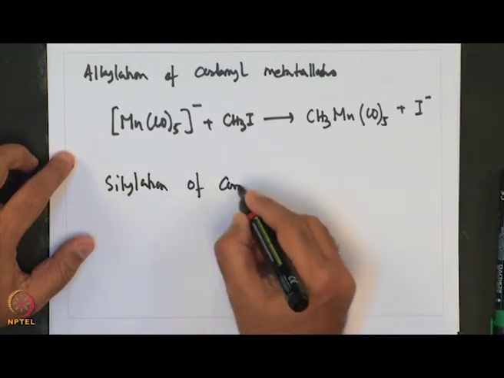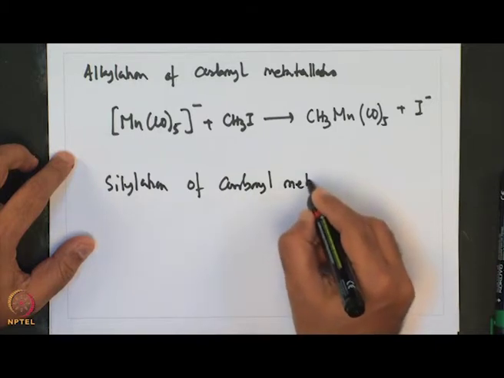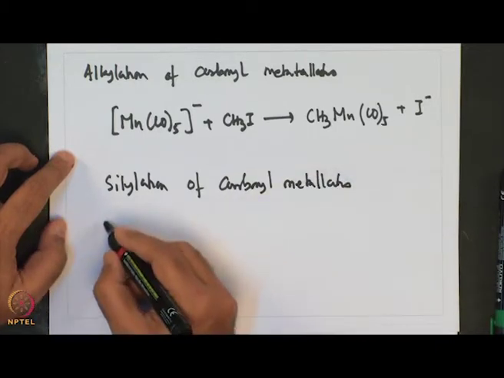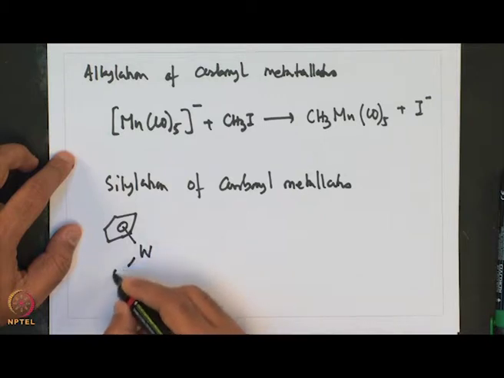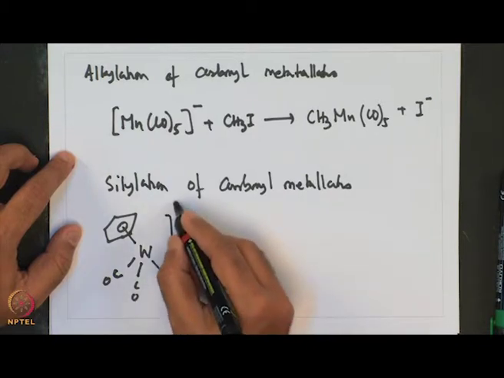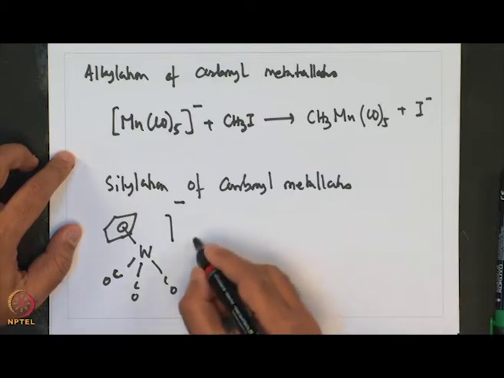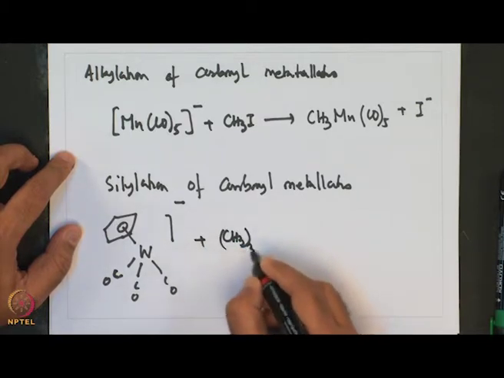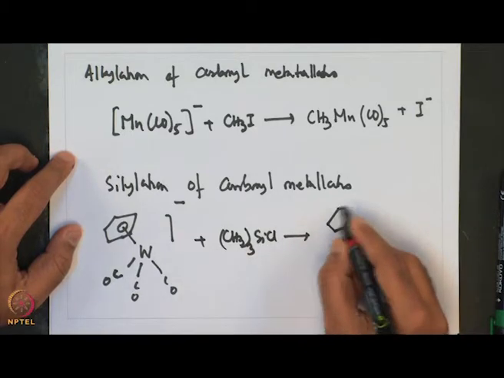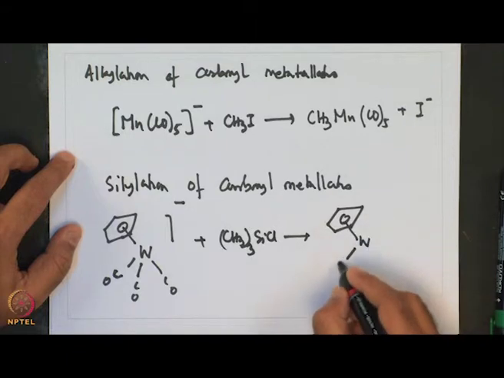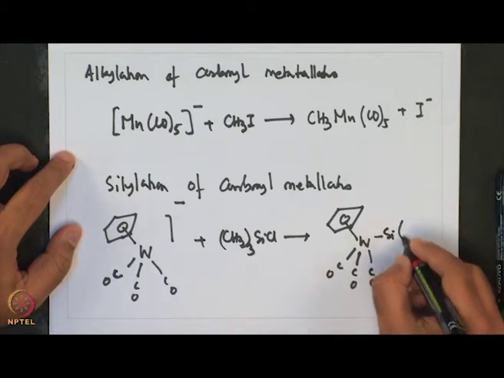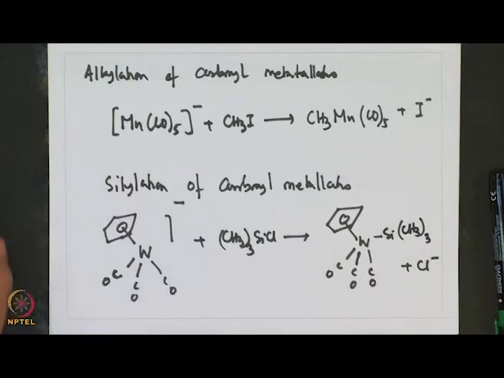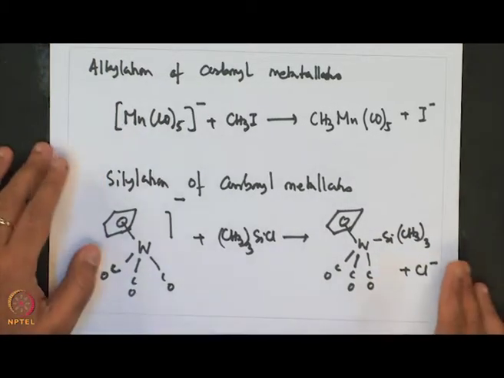An example of that is Cp tungsten tricarbonyl minus plus (CH3)3SiCl gives Cp tungsten tricarbonyl SiMe3 plus Cl minus. Now, with that I would like to conclude